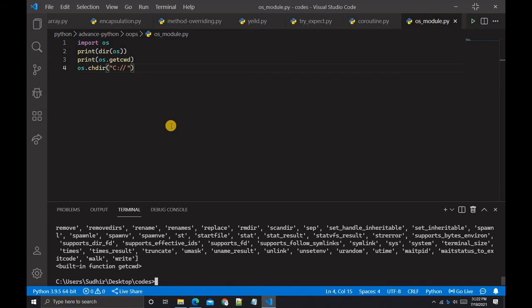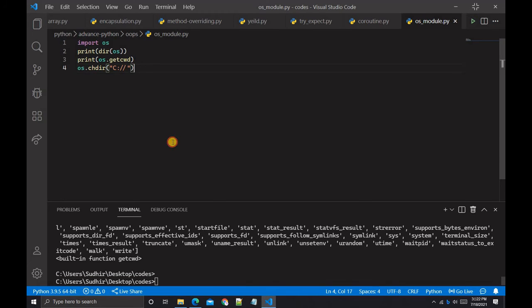You can see nothing happened, but in the background this OS module changed the working directory.